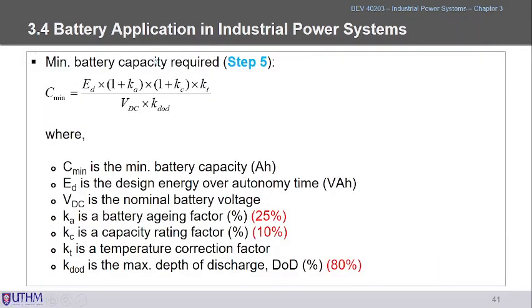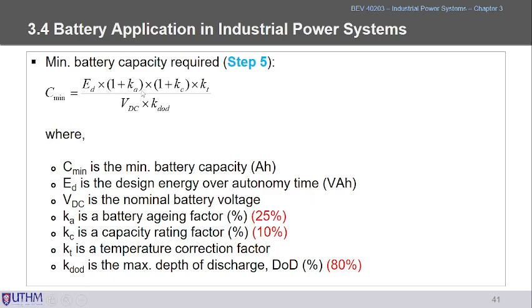And the minimum battery capacity, the battery capacity in ampere hour, we define as C min. This is the minimum battery capacity required in ampere hour, and it depends on E, the design energy over autonomy time,